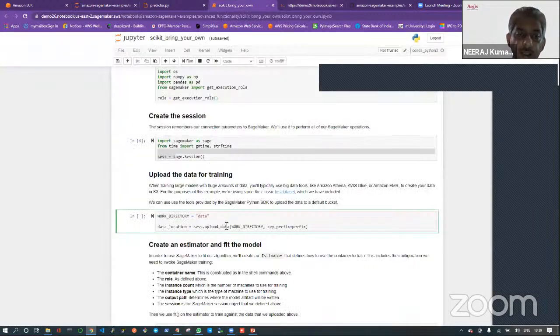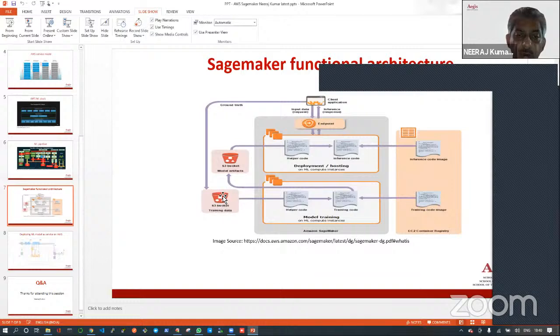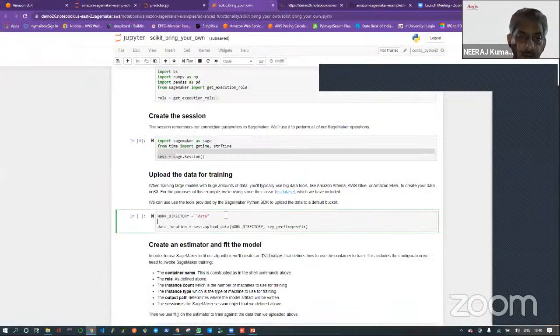So what I am doing in this cell is taking this data and pushing it into an S3 bucket. Which bucket? I am putting it into this bucket. I have already done the image part. Now I am creating another input, which is the data. I have provided the program application, now I provide the data. So I will have both the ingredients, my training script as well as my data. So let me just upload this.